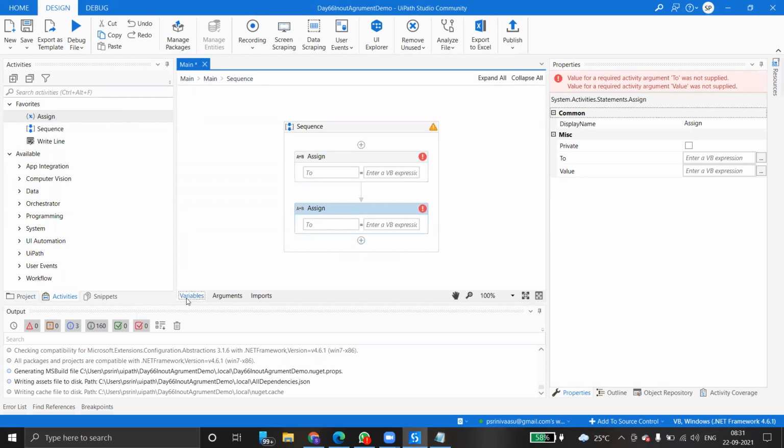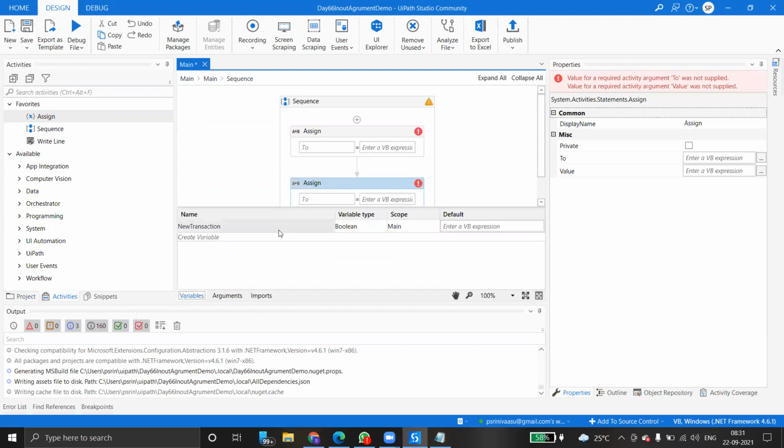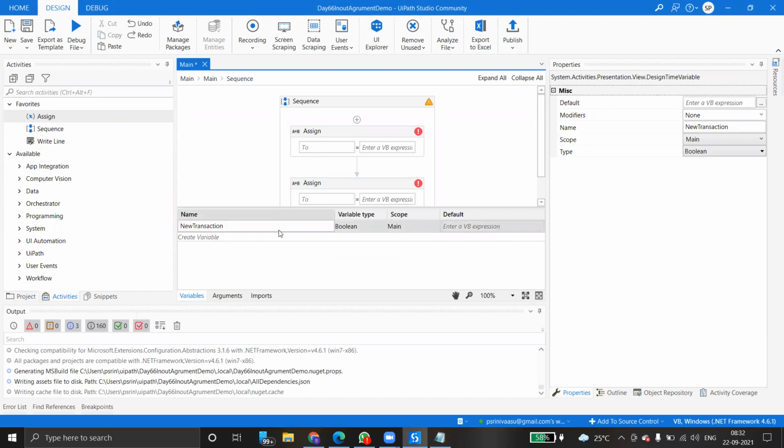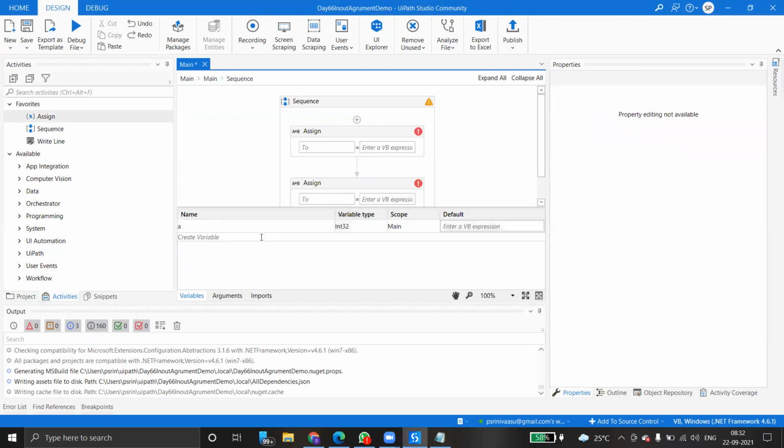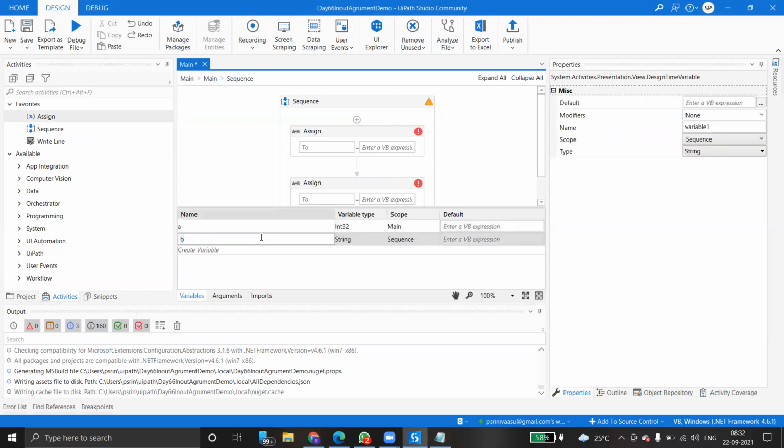So I'm just creating variables here. The first variable is a, integer type. And then b, again integer type. Done.